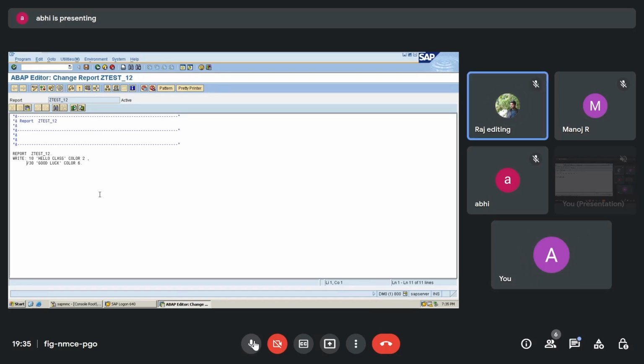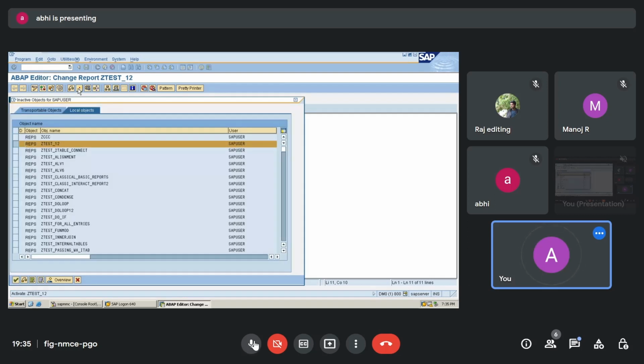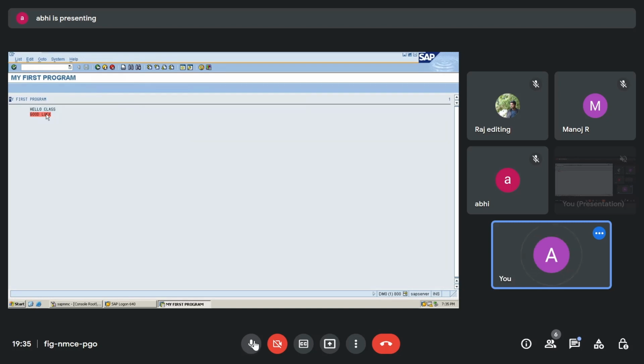Yes, sir. Okay, now I'll just make it 10 only, and I'll show you what is the difference between these. I'll make it 10, activate this and run this. So you can see that there is no line gap between these two. So if I want to add the line gap,